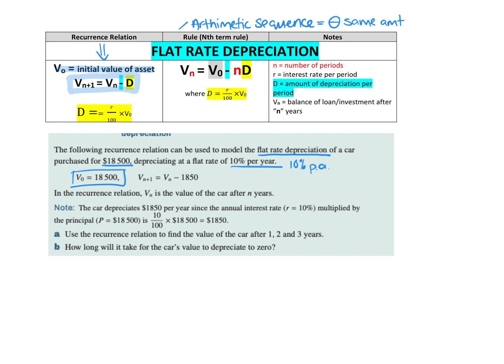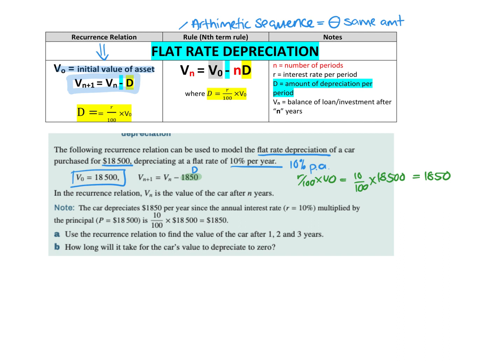So what they did, they calculated 10% of the original price, and that is your D value here. So if we did R over 100 times V0, what they've done is 10 over 100 times the 18,500, and that's how they've ended up with